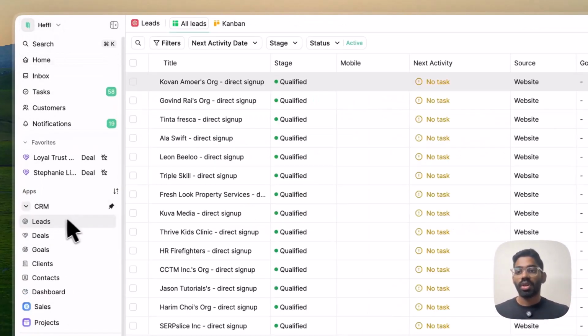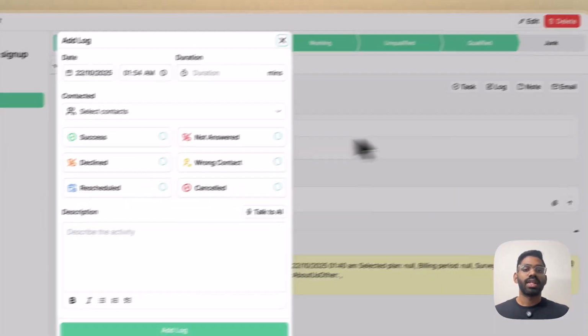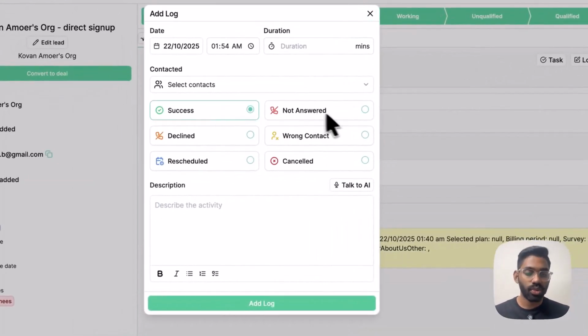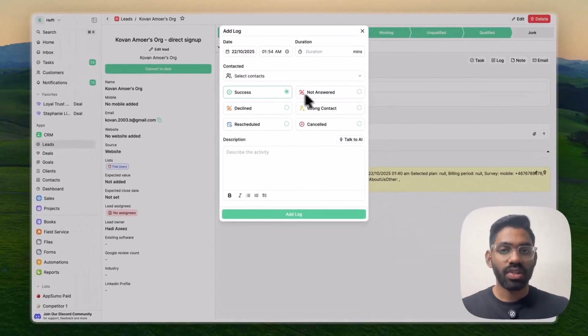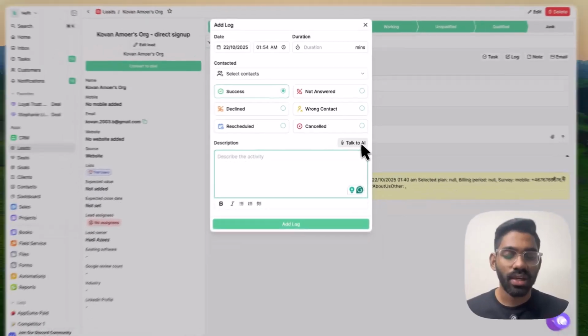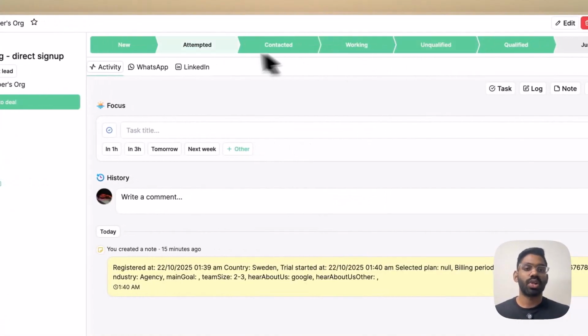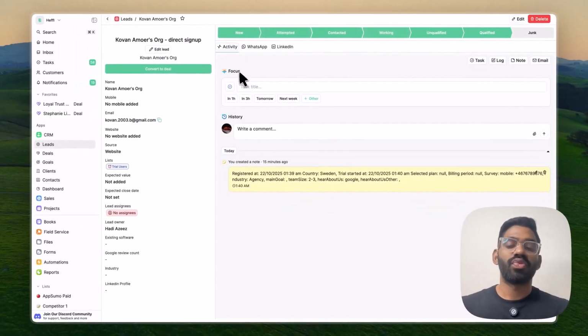Okay, so that's how you add a lead. Once a lead is added, you can log a call. There are different types which we support, like you can mark whether a call is success, not answered, declined. All that can be done. You can summarize the details here, or you can talk to AI and the AI will summarize the call. These are also customizable, so if you have a different workflow,